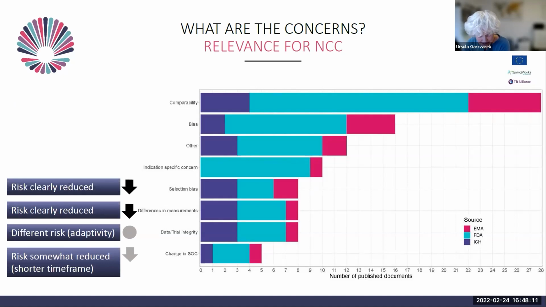Next slide, please. Heavy selection bias for external controls can come through willful bias by cherry picking, or through mechanisms like publication bias in the availability of data. Both of these high risks are much reduced for non-concurrent controls. Strong risk of differences in measurements for external controls comes through different standard operating procedures or instruments used to determine the endpoints. In platform trials, that can be prevented by careful planning.